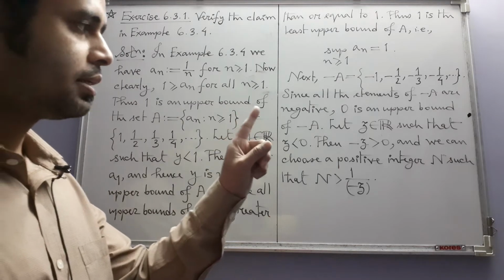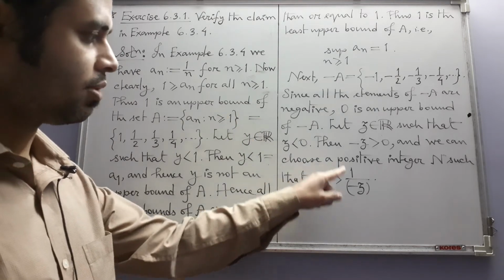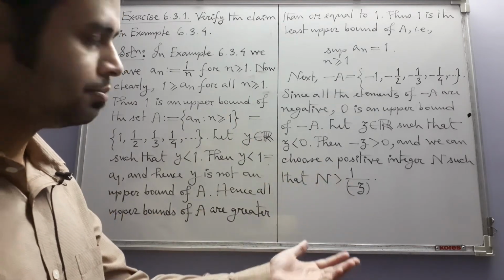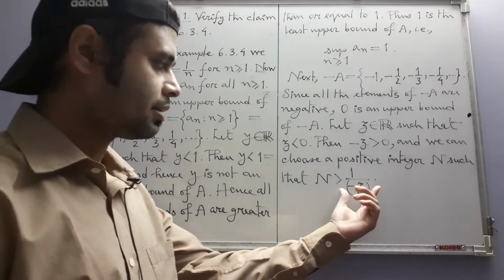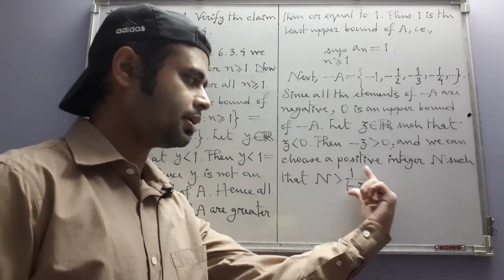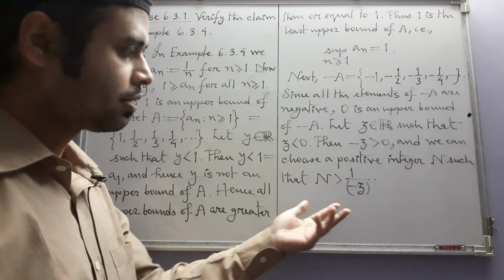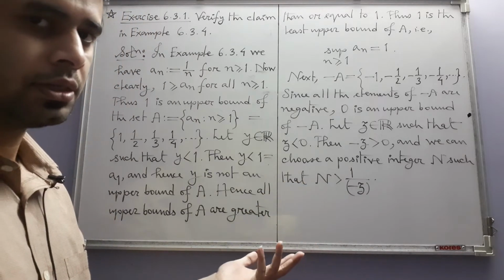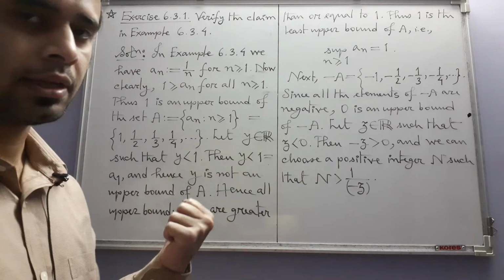If minus z is greater than 0, 1 over minus z is also greater than 0, but no matter what this real number is, we can always find a positive integer n that is still greater than that real number,